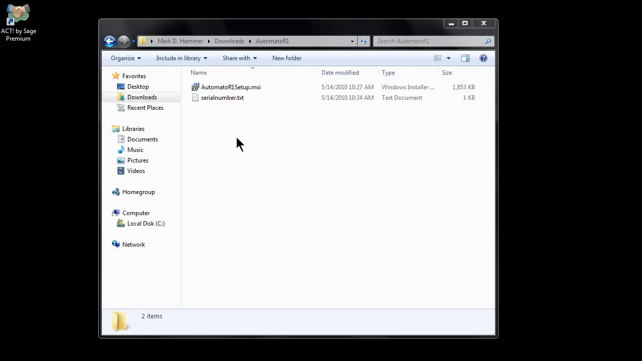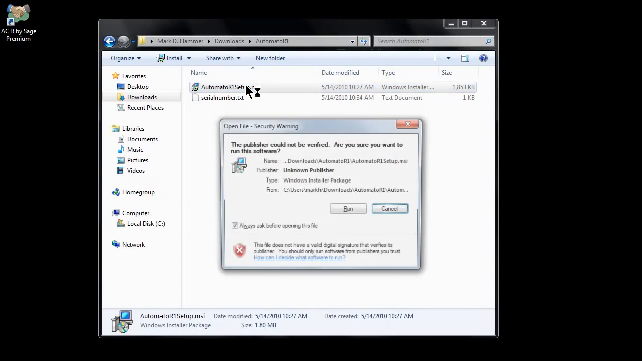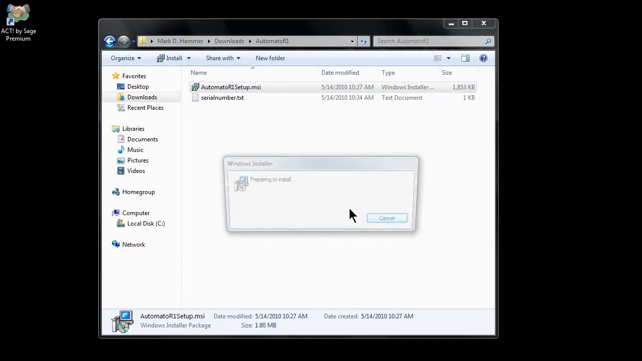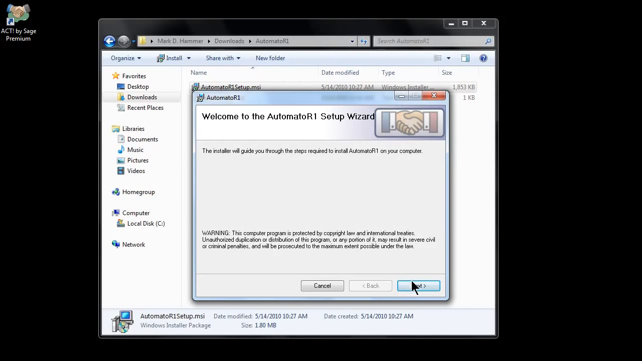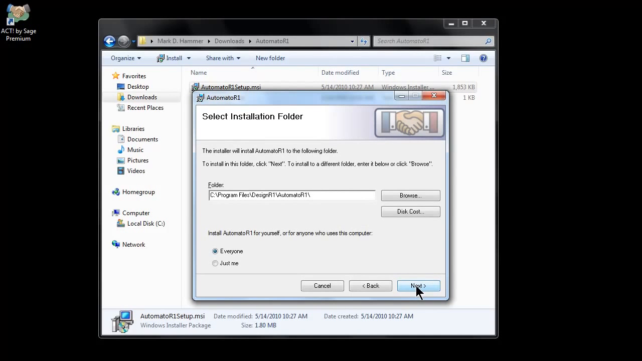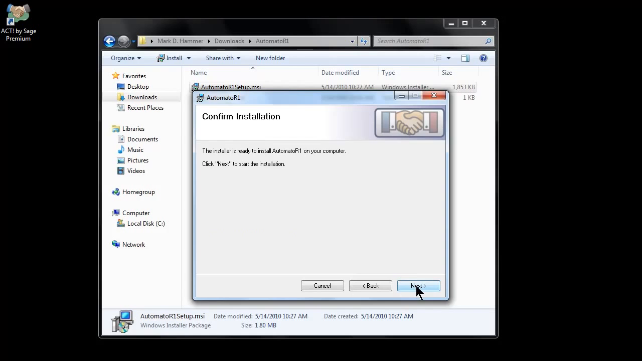So I see that I've already downloaded AutomatoR1 from the website. Simply put, I need to double click on this installer and it's going to run the installation. This is a pretty simple installer. Nothing super fancy here, just leave everything as default. Just click on next, next, next, okay, and then the actual installation process of AutomatoR1 isn't going to